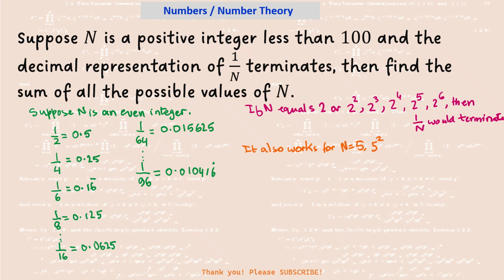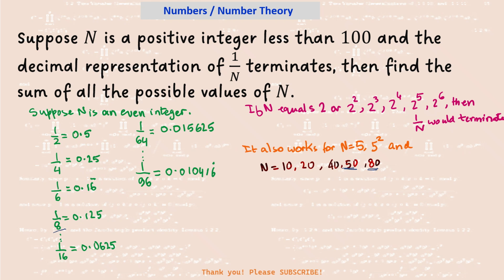We can't do 5 cubed because again it's greater than 100. So then if you look at n equals 10, it would work: 10, 20, 40, 50 and 80. If it works for 8, it will work for 80, 50 again because it works for 1 out of 5,